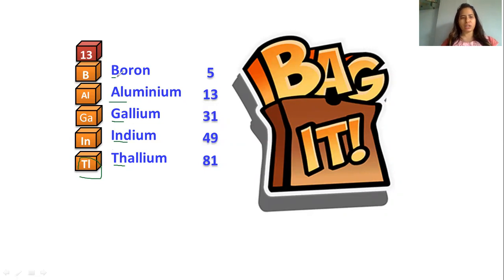Moving ahead, one way I said is Bal Ganesha in temple or Bal Ganesha in Thailand. You can even go for Baingan, Aloo, Gajar in Thela. If you want a bag, take a bag: Baingan Aloo Gajar in Thela, whichever you like. I have given you different ways of learning it. You can go for BAGIT, you can go for Baingan Aloo Gajar in Thela, or you can go for Bal Ganesha in temple.